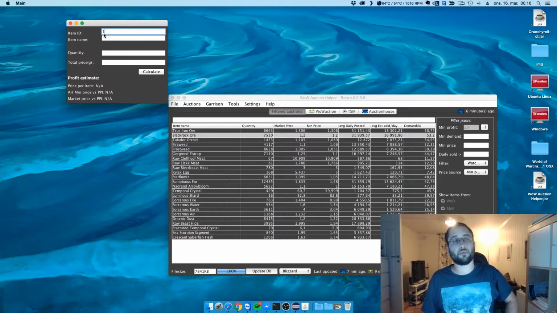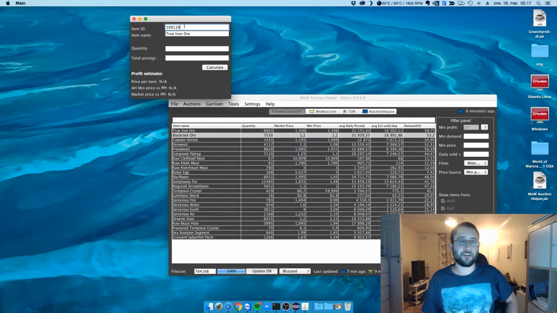of the item. It will search through the query database every time you type in a letter. Once that's done, the item name will appear so that you can verify that it is the item you were looking for. And you can type in the quantity you would like to sell, or the buyer is asking for. Let's say I want to sell 550 items, and the asking price is, let's say, 397 gold. Click calculate, and you can see the price per item